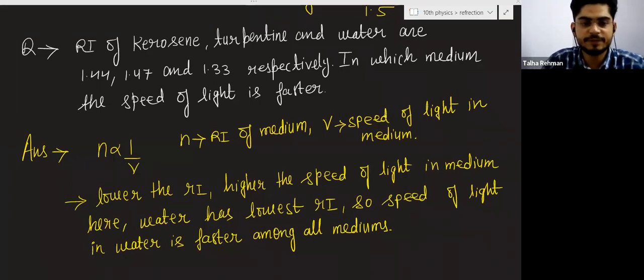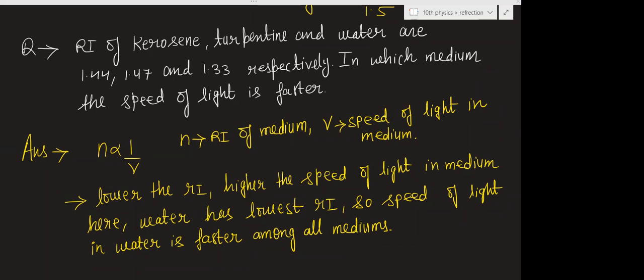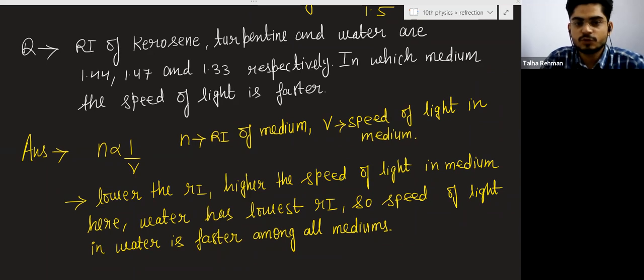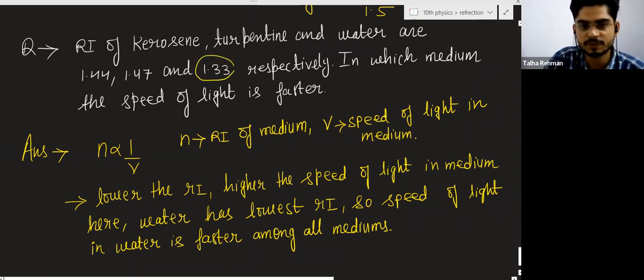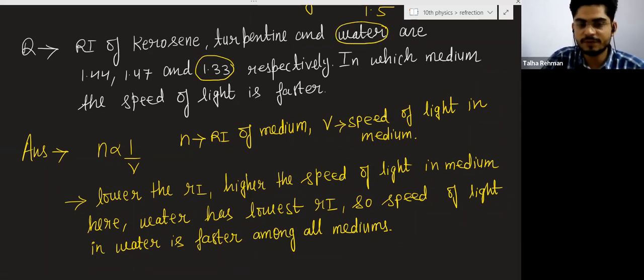So we know that the refractive index is inversely proportional to the speed of light in a medium. So they are asking in which medium the speed of light is faster. So you have to search for the lowest refractive index, and the lowest refractive index is for water. So lower the refractive index, higher the speed of light in a medium. Here water has the lowest refractive index, so the speed of light